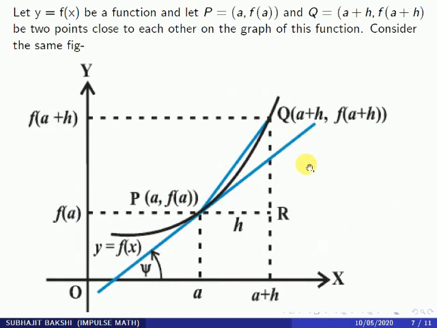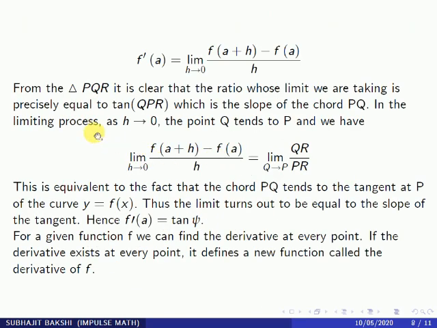And if we consider the triangle Q, P and R, then as h tends to 0, the point Q, a plus h and f(a plus h), goes to f(a), that is nothing but P. So in this triangle QPR, the tangent is QR by PR, and here the angle is psi. The ratio whose limit we are taking is precisely equal to tan of the angle PQR that I discussed,